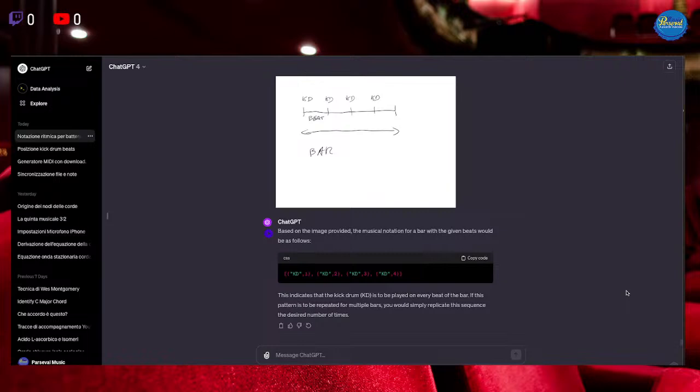So the gag is we want to get some nice picture, make ChatGPT interpret it, and we are testing the state of the art of ChatGPT. Notice it's not guaranteed that everything goes well.